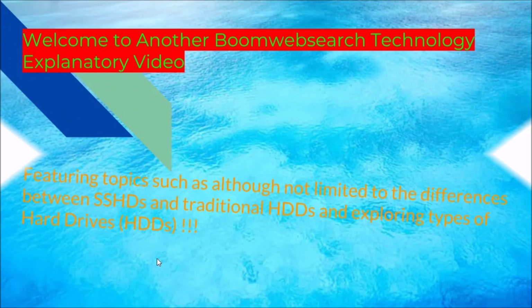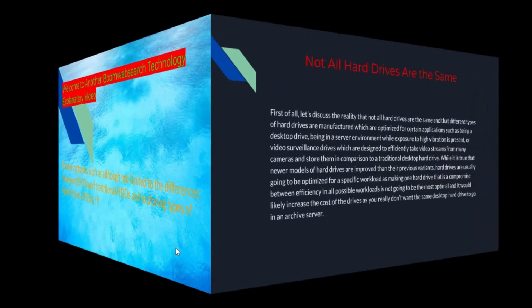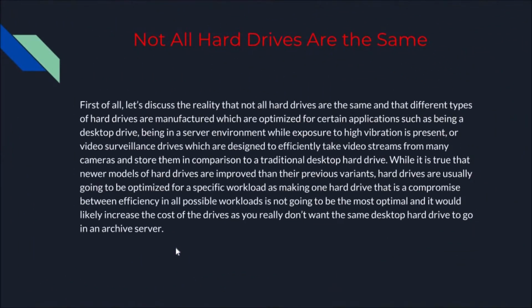Okay, so let's start off with the first topic of this video, and that's going to be the concept that not all types of hard drives are created equal, and therefore they're not all exactly the same. So first of all, let's discuss the reality that not all hard drives are going to be the same,